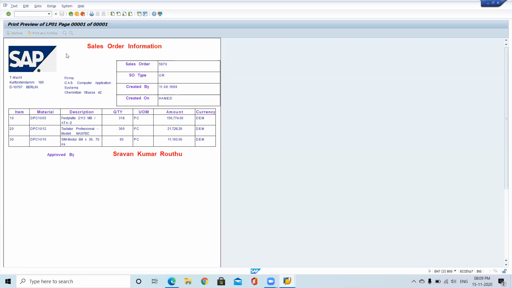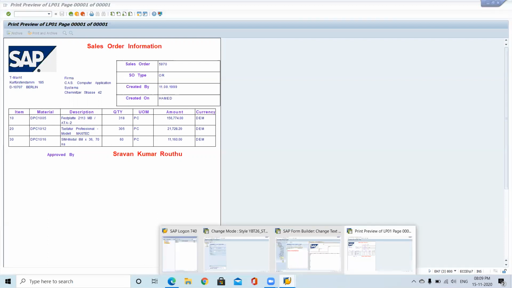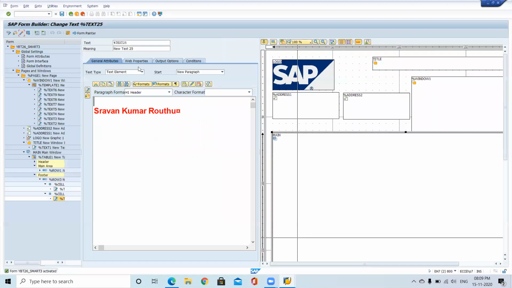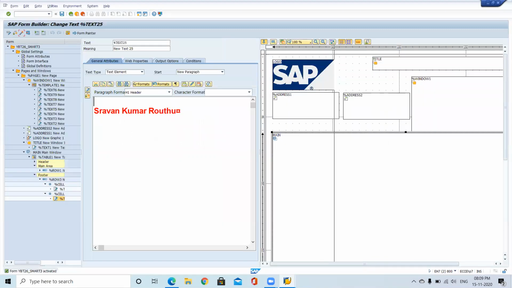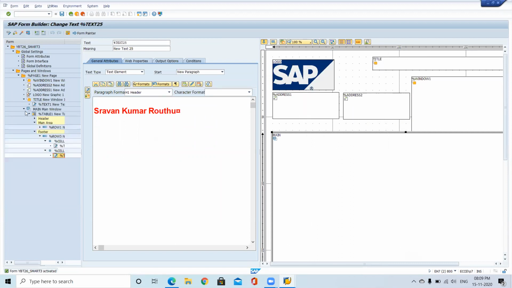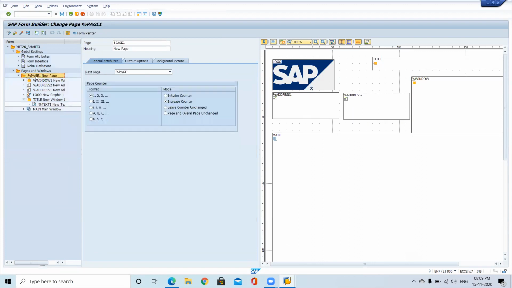Okay, last time we tried a background picture for the smart form. So if you want to apply a background picture, we are talking about the entire page. Background picture is not specific to this window, but the entire page. That means that property you have to apply at the page level.